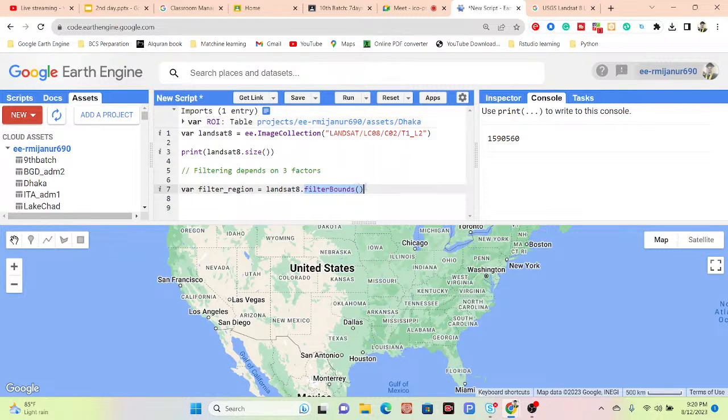So in this time, you can check the argument about that. You can say the argument is the geometry. Okay, this argument is geometry. So now what is the geometry? Geometry is mainly your boundary area. In this time, my boundary area will be Dhaka city, and Dhaka city is stored in ROI. Okay, simply copy the ROI